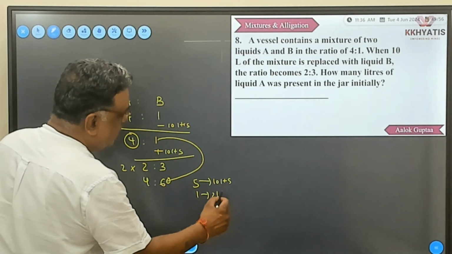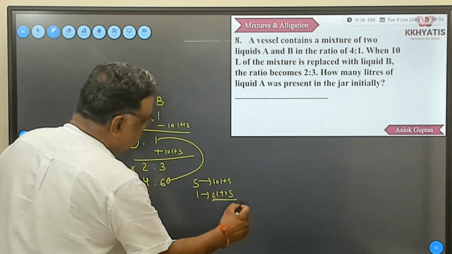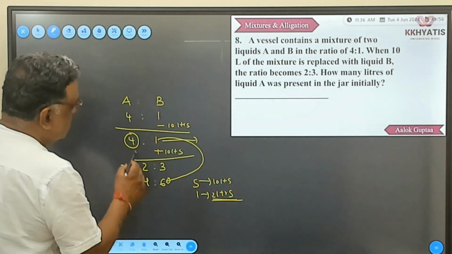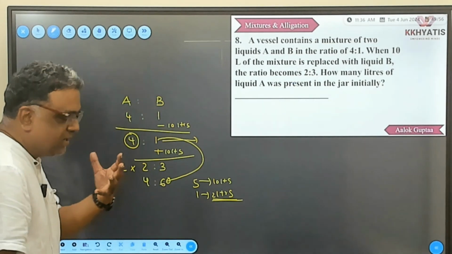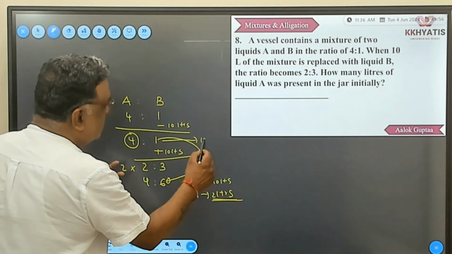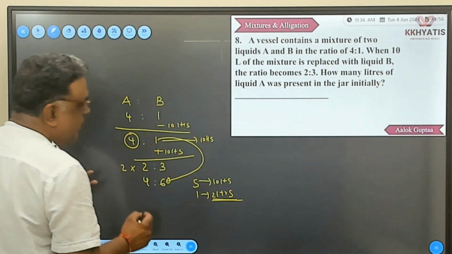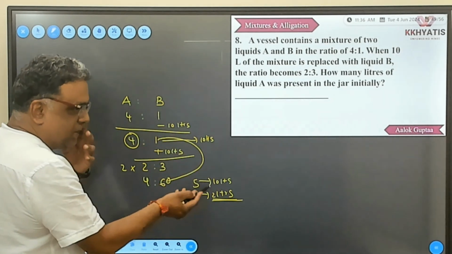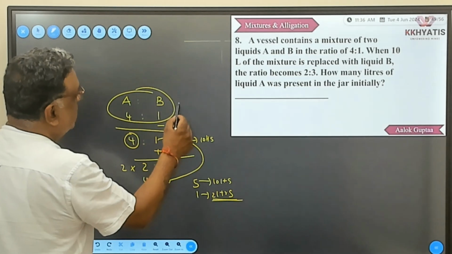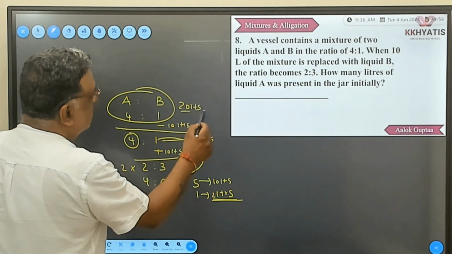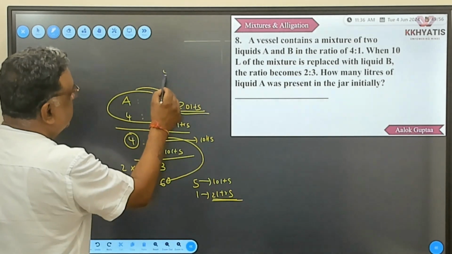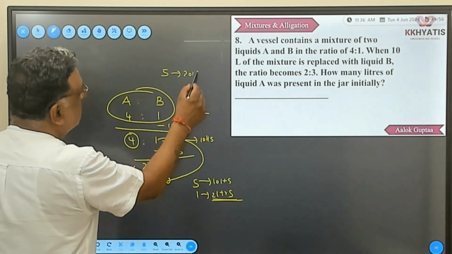1 की वैल्यू 2 लीटर्स, which means ये वाला भी 10 लीटर्स होगा, because 4 + 1 5 है, एक की वैल्यू 2 लीटर है, तो ये 10 लीटर्स हुआ होगा, बरोबर है। अब ये 10 लीटर्स जो था वो 10 लीटर्स निकालने के बाद था, मतलब ये ऊपर जो है वो 20 लीटर्स हुआ होगा, बराबर है।